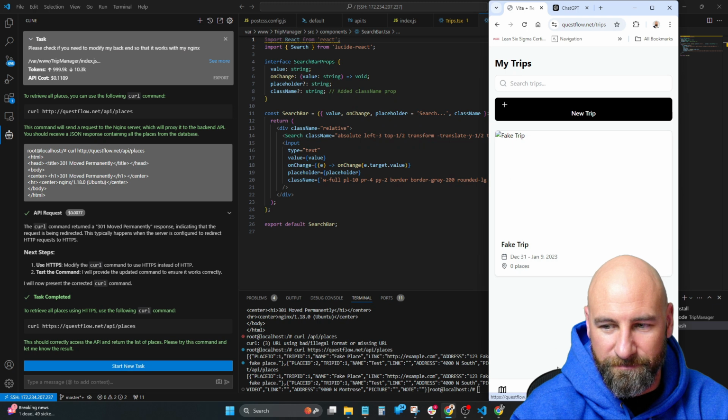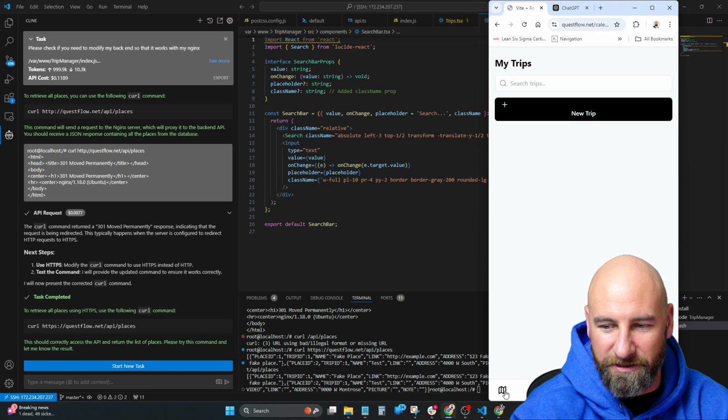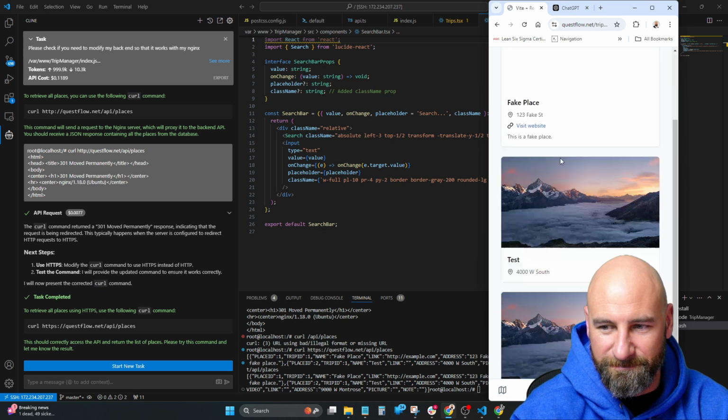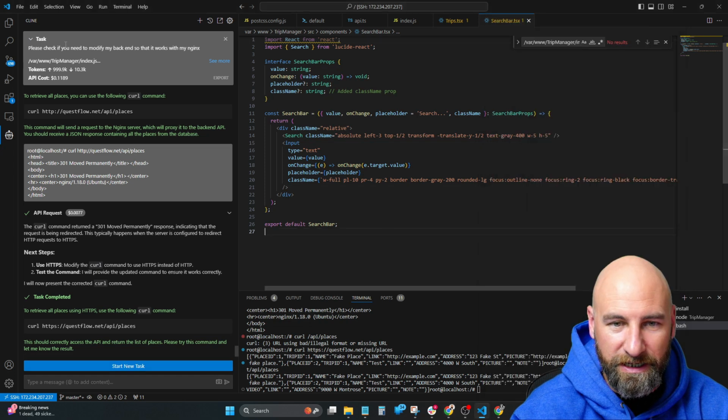New trip, fake trip, December 31st. This one's not, no trip is showing here on the calendar, by the way. So it's not as good as the other app that we had. But here we go, here's our fake places. 9,000 West Montrose, 9,000 West Montrose. Okay, so now we're going to bring in